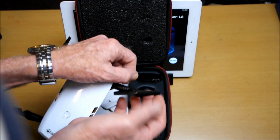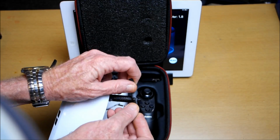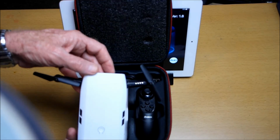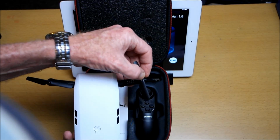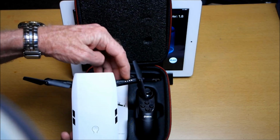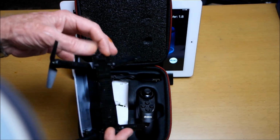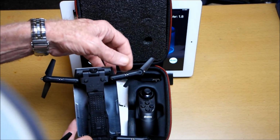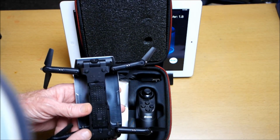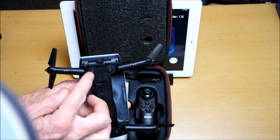The propellers, quite flexible, feel quite strong, not brittle, so shouldn't get damaged too easily. And these are held on with a single screw on the top. Here are the motors, and there's cooling vents for the motors on the top and the bottom of all four of the arms. We've got four little rubber feet for landing pads here,